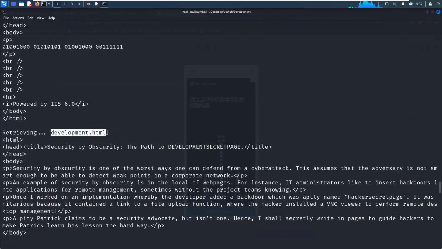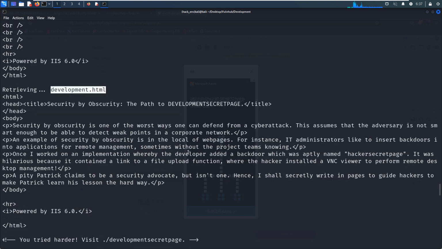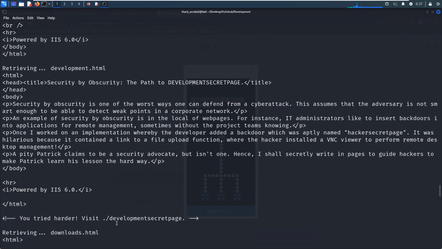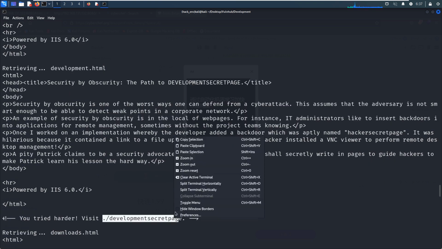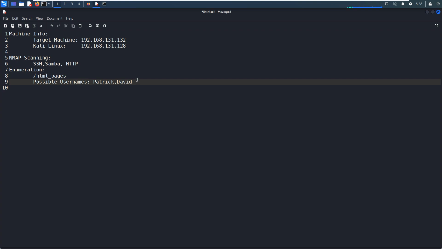Retrieving development.html. So security, the path to development, blah, blah, blah. You tried harder. We need to visit this page. We can copy and put it down in our notebook.